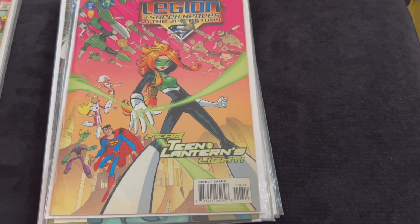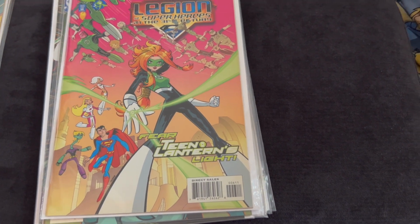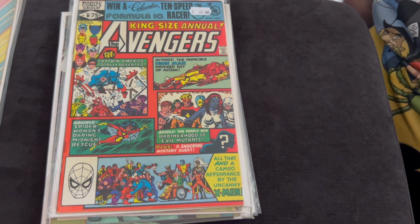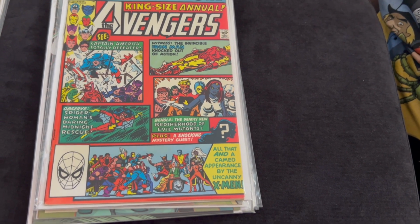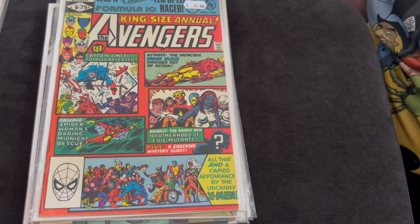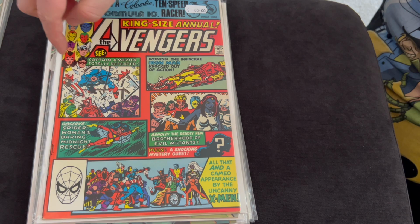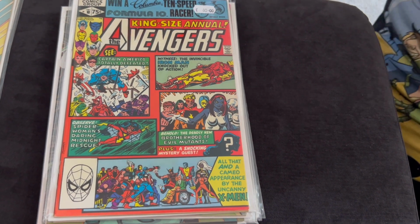Yeah, that's right. But my last piece, my big purchase here, is Avengers King Size Annual 10, because it's the first appearance of Rogue. And this is a fairly reasonable price for it. I was saying to the guy in the shop, I used to have this, and 10 years ago I sold it for like £20, and I've been kicking myself. So it's got some minor defects with it, like around the spine. It's a little bit worn, and I think there's a little bit of fraying up here, but it's excellent condition,